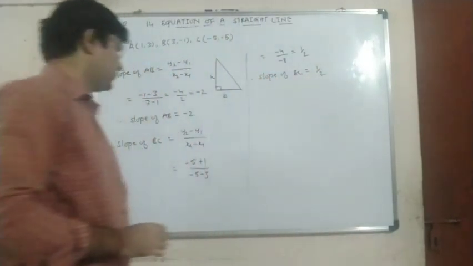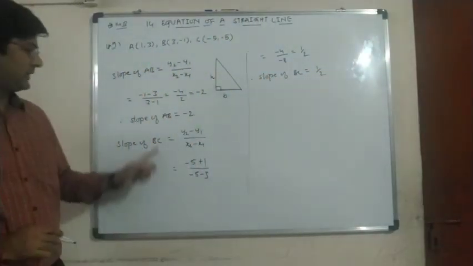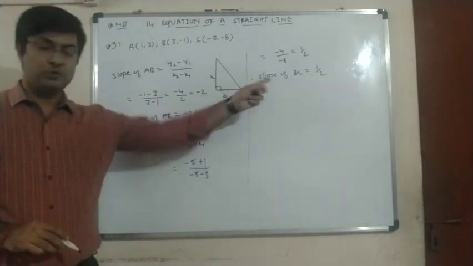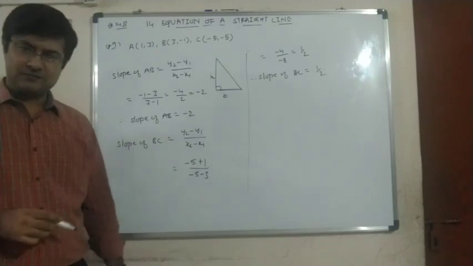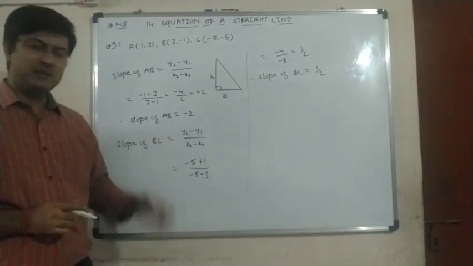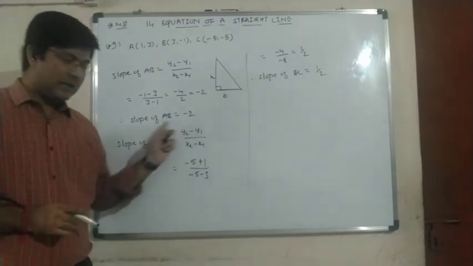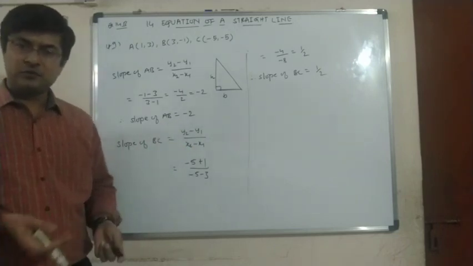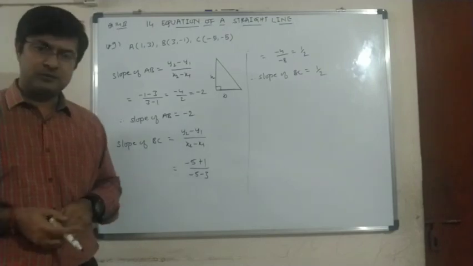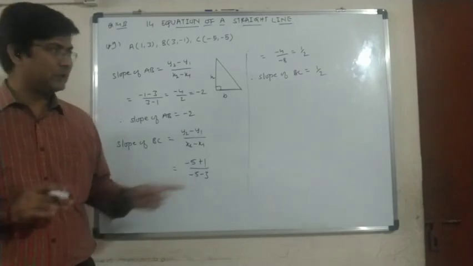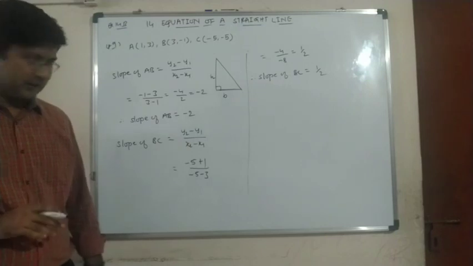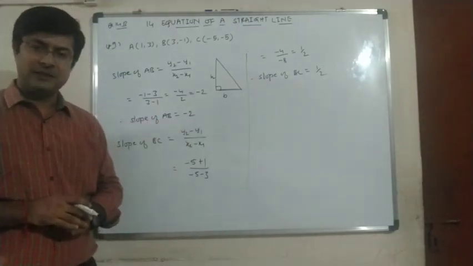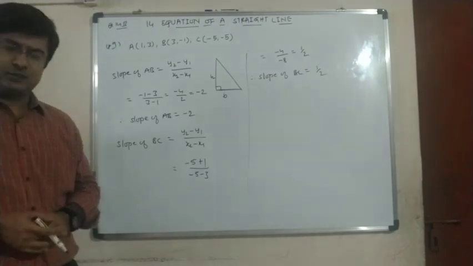Okay, now if you notice that if we take the product of slope of AB to slope of BC, then we will get -1. Yes or no? It means AB and BC are perpendicular. So after calculating the slope of first two sides, if you come to know that the product of their slopes is -1, then no need to find the slope of the third side. If you don't have the product of these two sides to be equal to -1, then in that case you can calculate the third side.